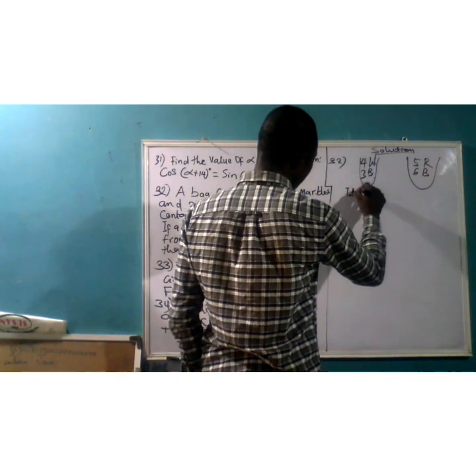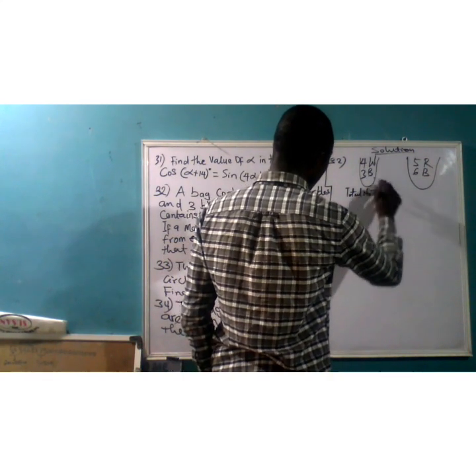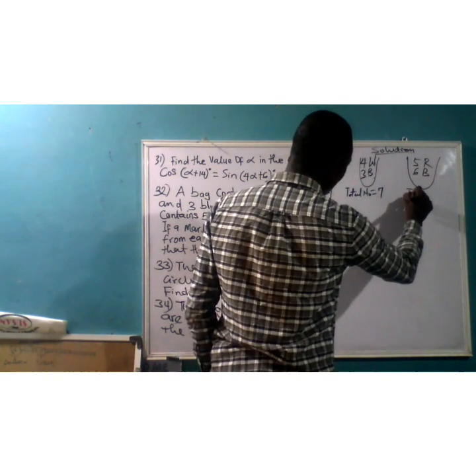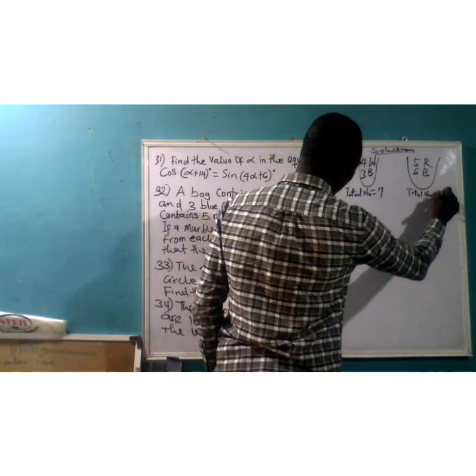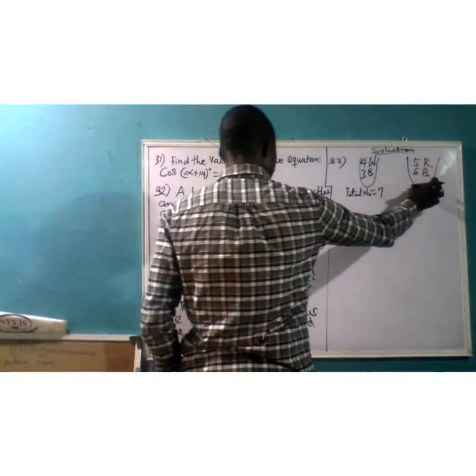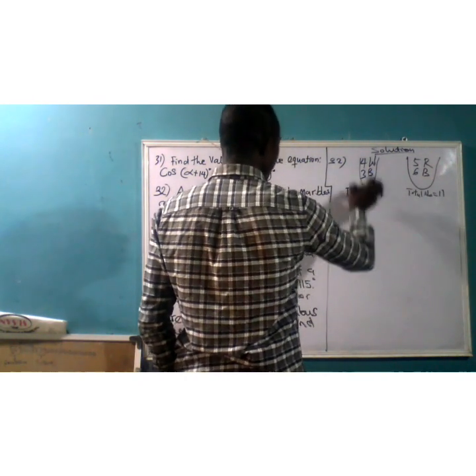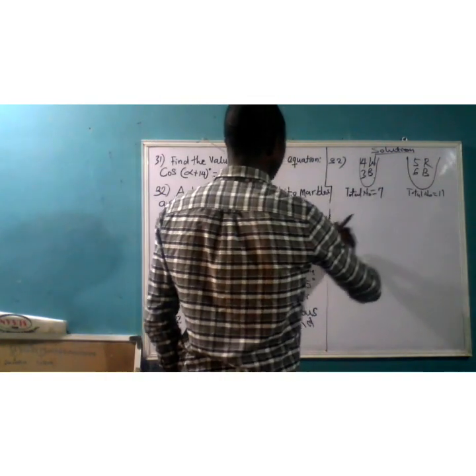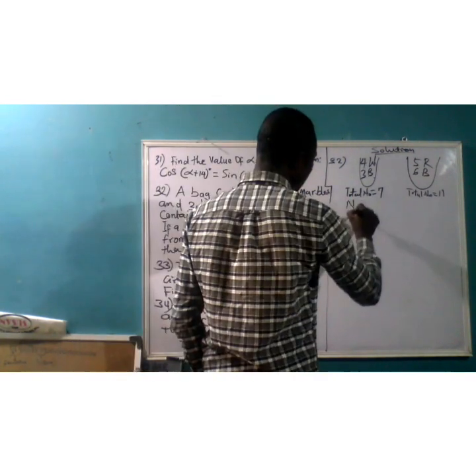Now the total numbers of marbles in this is equal to 4 plus 3, that will give you 7. Total numbers of marbles in this will give you 11, 6 plus 5, that's 11. You have 11 marbles in this, irrespective of their color. You have 7 marbles in this, irrespective of their color. If one is picked from here and one is picked from here randomly, what's the probability of the two marbles being same color? Let's take